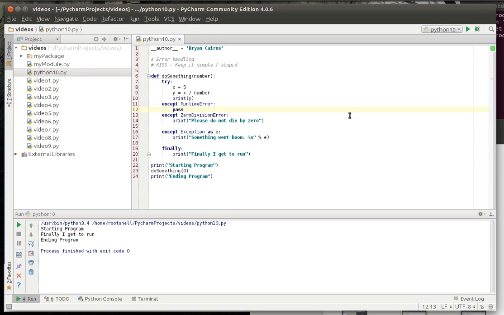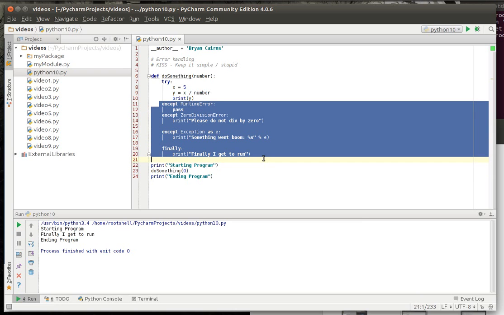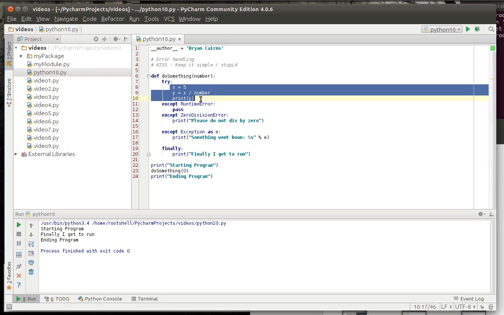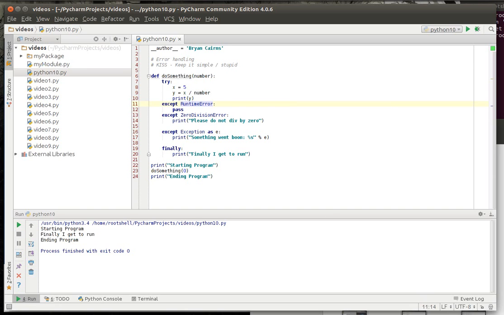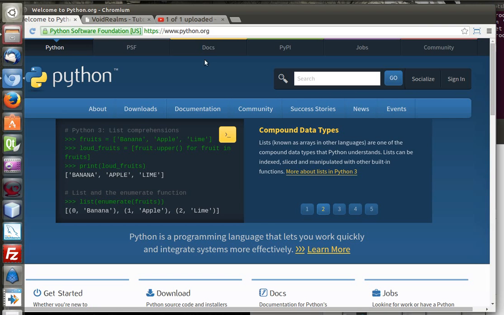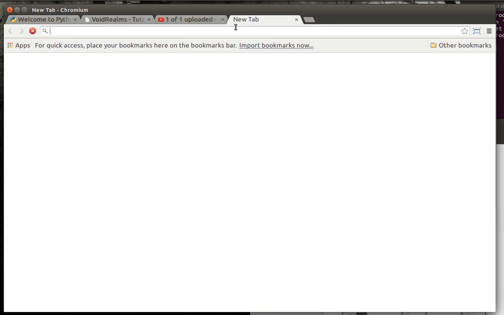One thing you should really understand about error handling is that you don't want to go completely crazy. As you can see, the error handling actually is bigger than the algorithm that we wrote. That's called defensive programming, and it's good to do that. But you don't want to make an exception for every single type of runtime error that's possible, and there's a lot of them. So if we go out here,